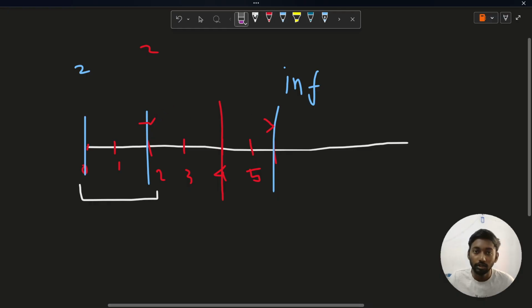Okay, so here if we update, the value for the first one is 2, this is also 2, and this is, let's say, d, and this is infinity. So now we learned how we will store this value and update it. Now try to understand how we are going to calculate the answer